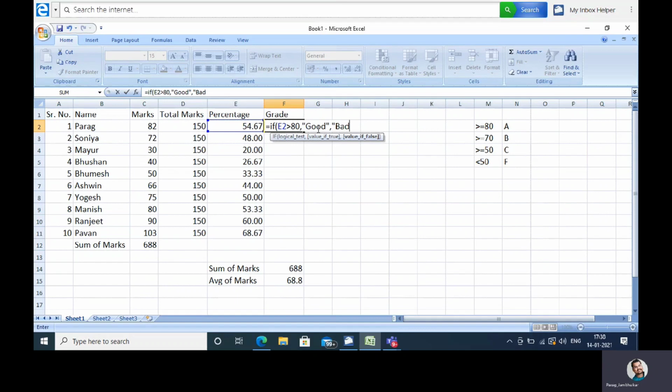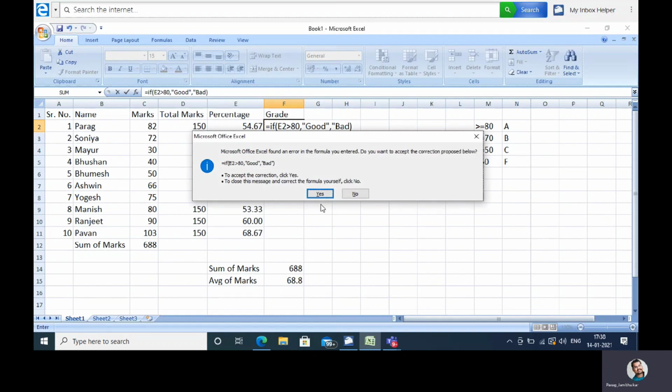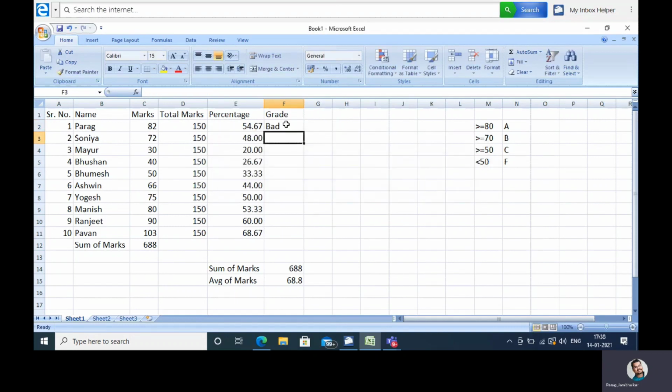Then complete the round bracket. Enter. So it is printing bad. I will extend this. It is showing bad because all these percentages are less than 80.